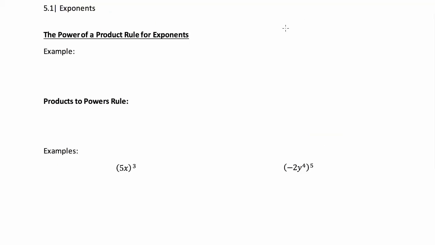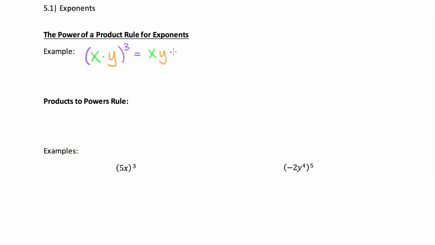Okay, so here on page 2, we have the power of a product rule for exponents. So what's happening here is I have 2 different bases. So let's say I have x times y, and then that product is being raised to some power. So let's just say 3 for now. So now that means that x times y, xy, cubed is xy